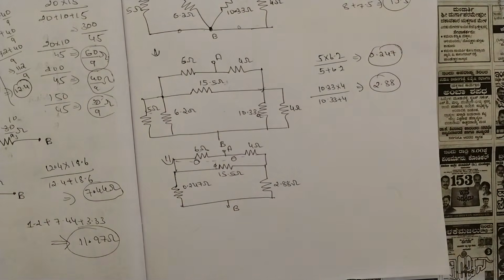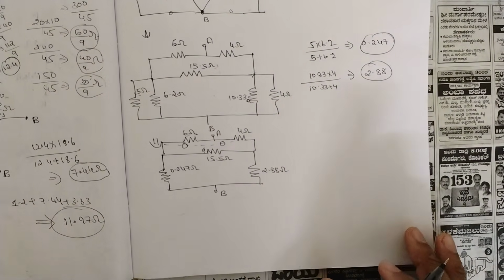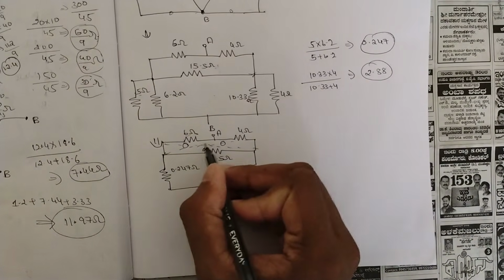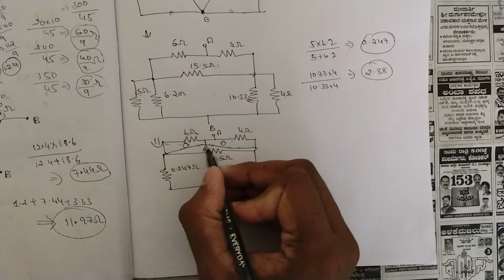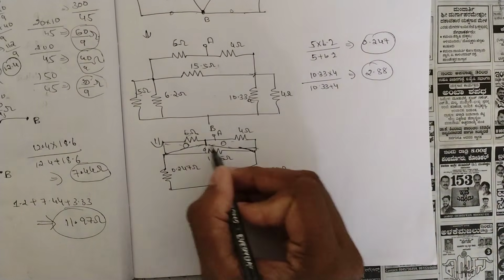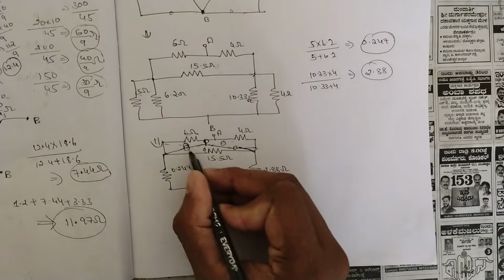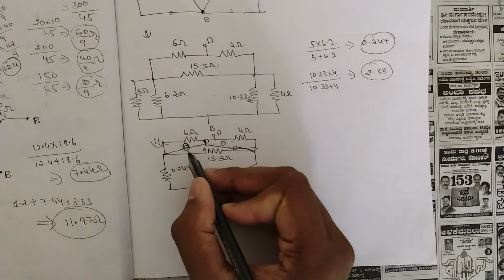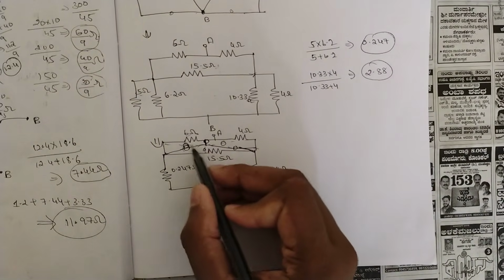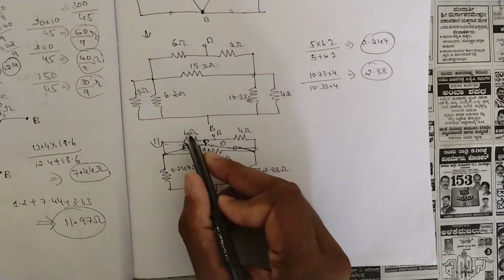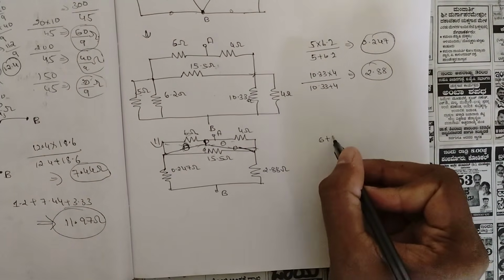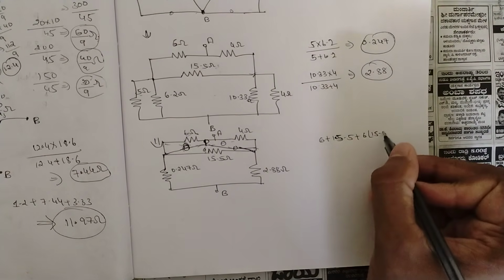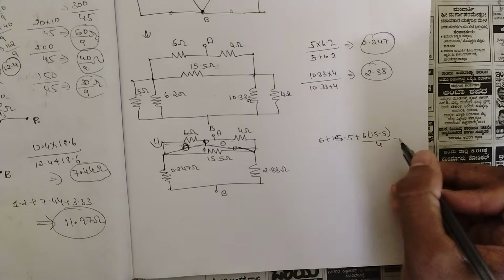So from here you should be considering the star connection, that is this way. Okay. These three values you should be finding now. That is, first value is this value, that is, we should be finding the opposite resistances in this case, when the resistor is here, are 6 and 15.5. That is 6 plus 15.5 plus 6 into 15.5 divided by 4. Okay, if you solve this you would be getting around